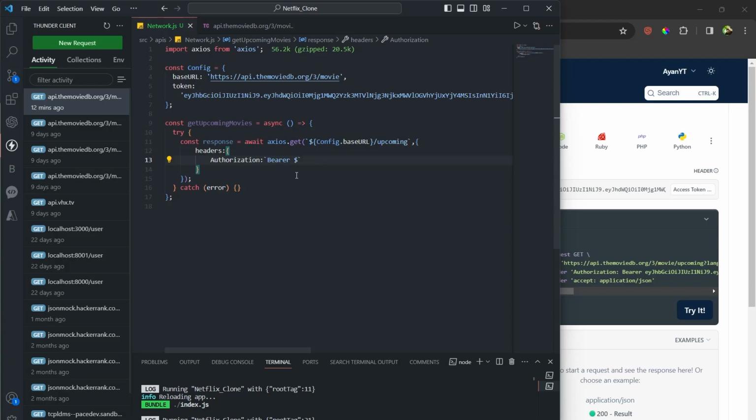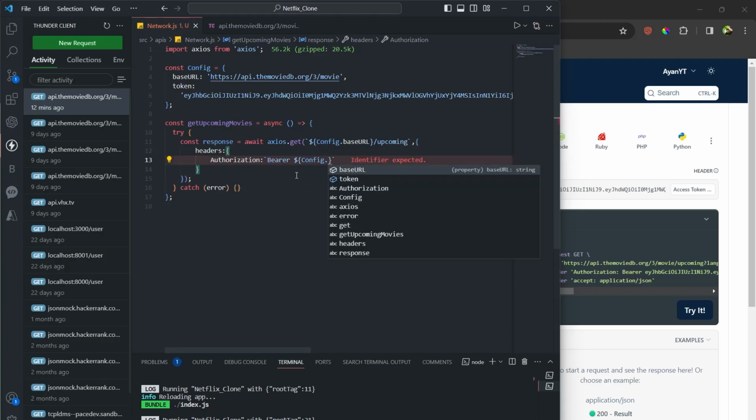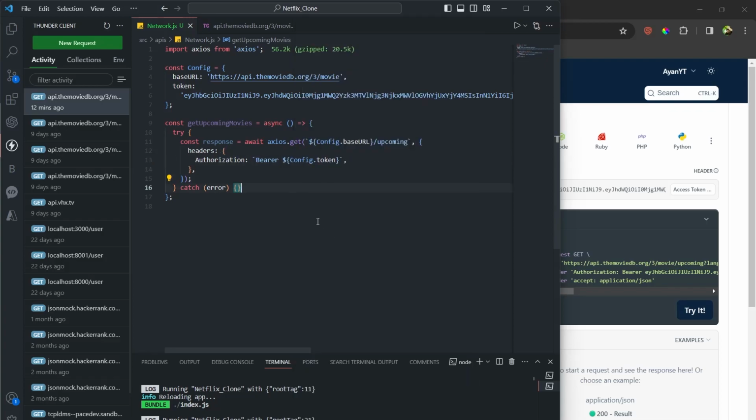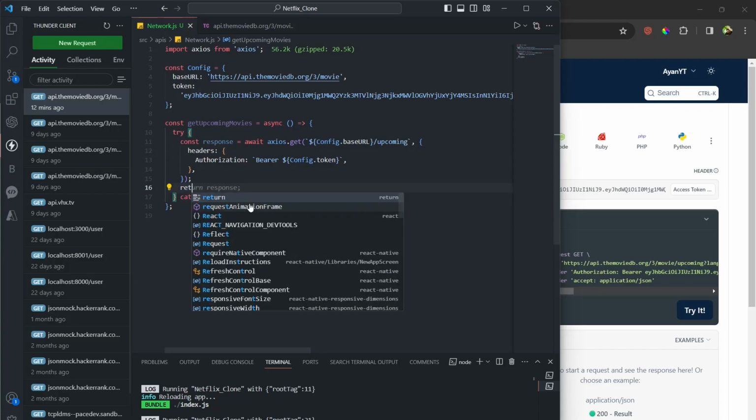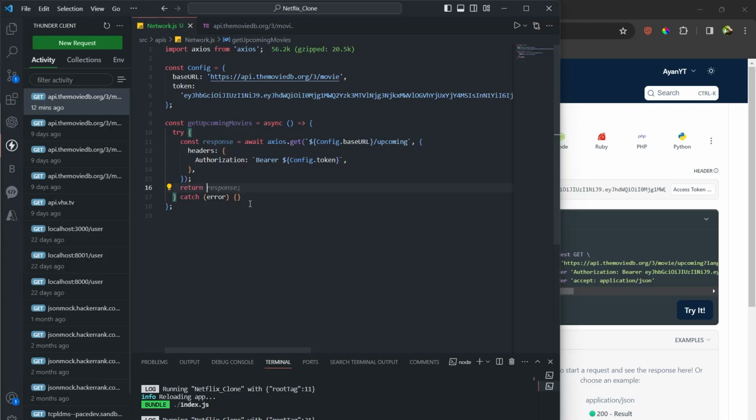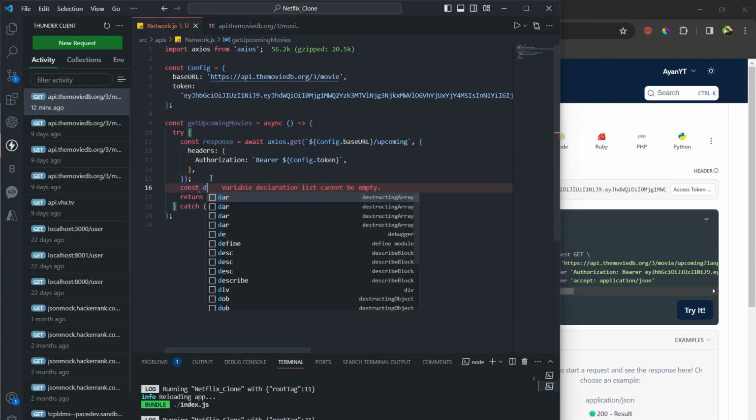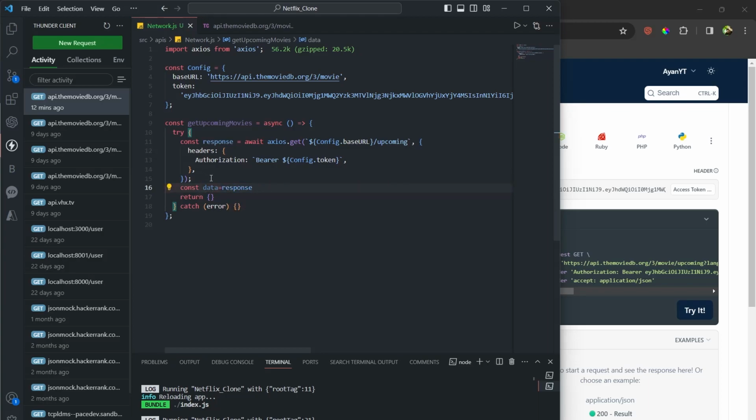This dollar indicates it's a JavaScript thing, otherwise it's considered like a string. So now config.token. Okay, done. Now I want to return an object basically. Before that, const data equals response. Axios will give us a status as well as data, the API data. So response dot data, I'll say,